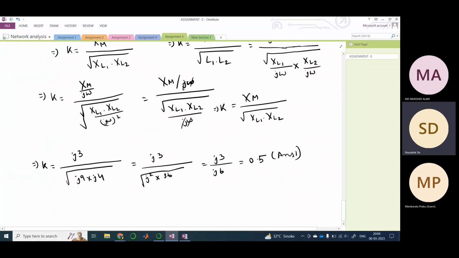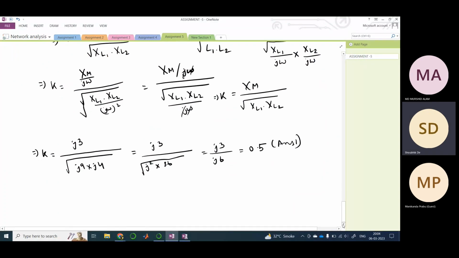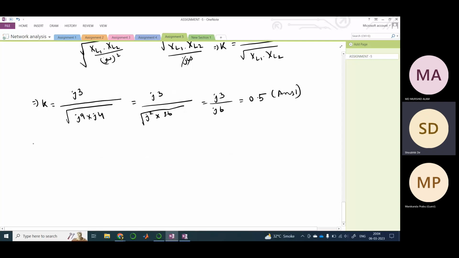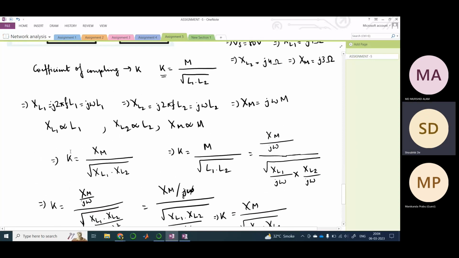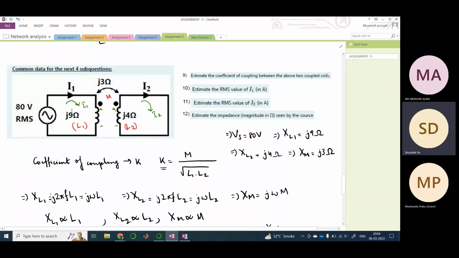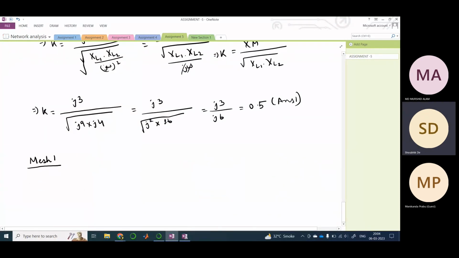Now they have told us to find out the value of R1, so therefore I1, sorry, we need to write the equation of mesh 1. So mesh 1 is what? 80 equals I1 into j9 minus I2 into j3, minus because I2 is entering through the negative part of L2 and I1 is entering through the positive part of L1. Therefore,